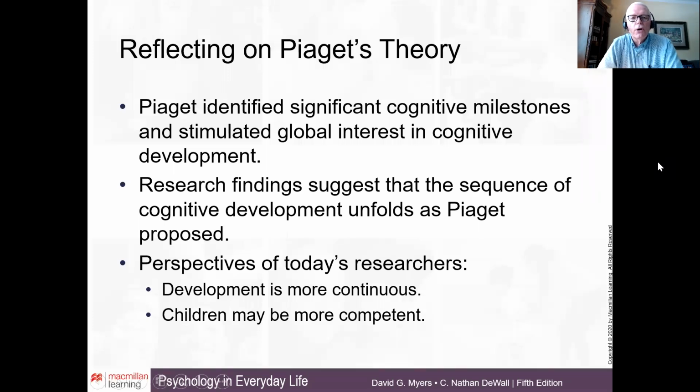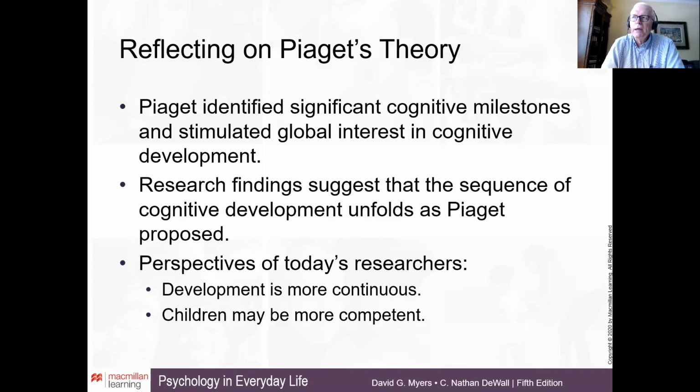So this concludes our overview of Piaget's theory. It's a fascinating theory for me. I always enjoy talking about it. We've only given it a cursory going over today, but it at least introduces you to some of his ideas. You can see that Piaget's theory is a stage theory because he has these 4 stages that children go through as they're developing cognitively. That's as far as he really took things through adolescence.